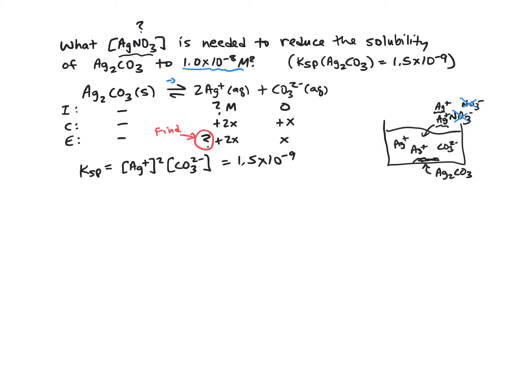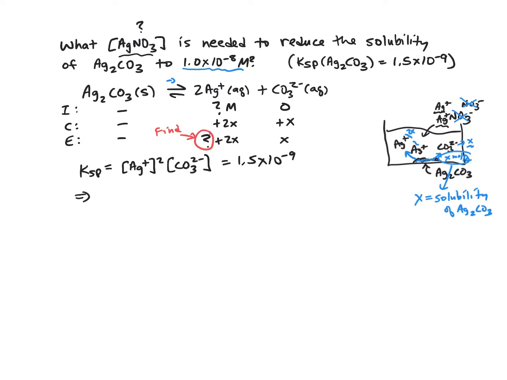Well, whatever amount of silver carbonate we had that dissolves, it's going to make some carbonate ions and some silver ions in solution, and if x moles per liter of silver carbonate dissolves, it's going to make x moles per liter of carbonate and 2x moles per liter of the silver ion. And that x then represents the solubility